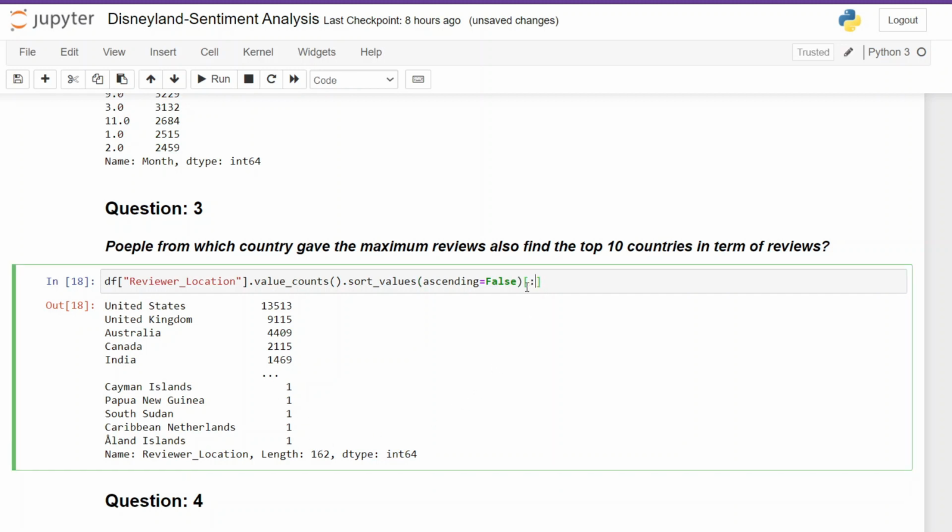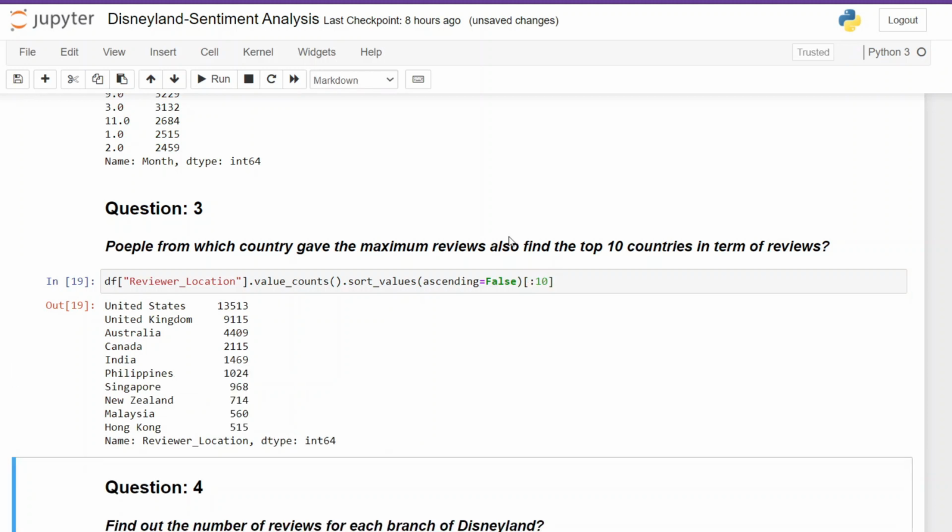So in that case, we have to use indexing. And here we have the desired result. So maximum number of customers are from United States, followed by United Kingdom, and so on and so forth. Now this query can help us understand the customer engagement, like which kind of customer or from which country customer